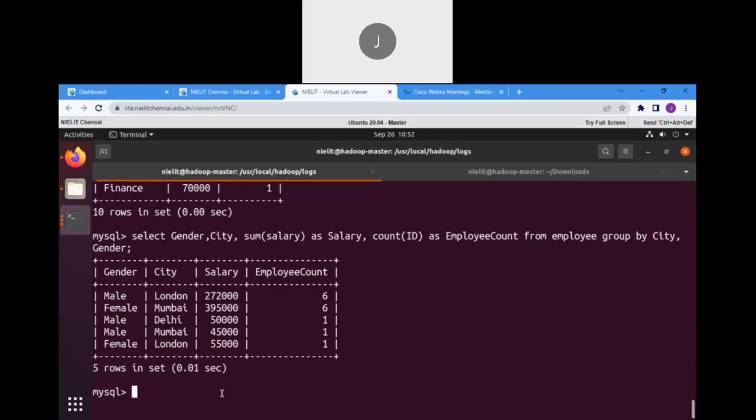List the aggregate salaries of employees who belong to a particular city. For that query, how can we write it? Select the city, comma, sum of the salary as